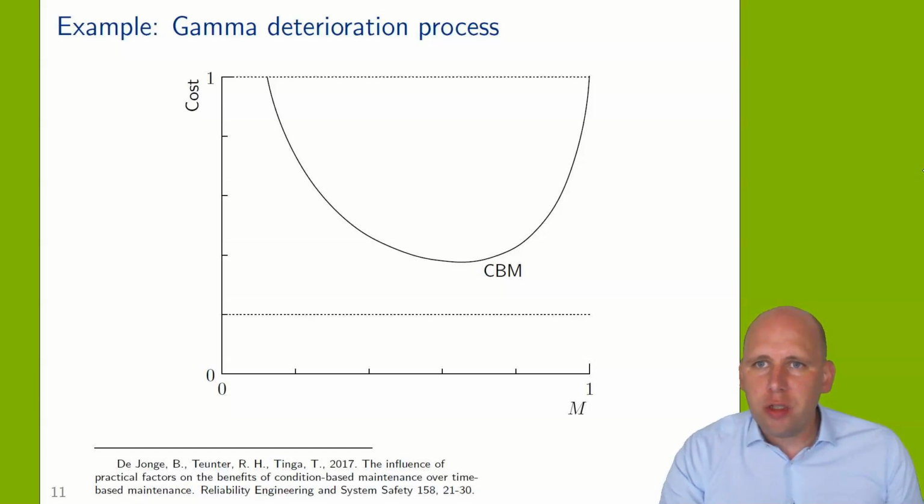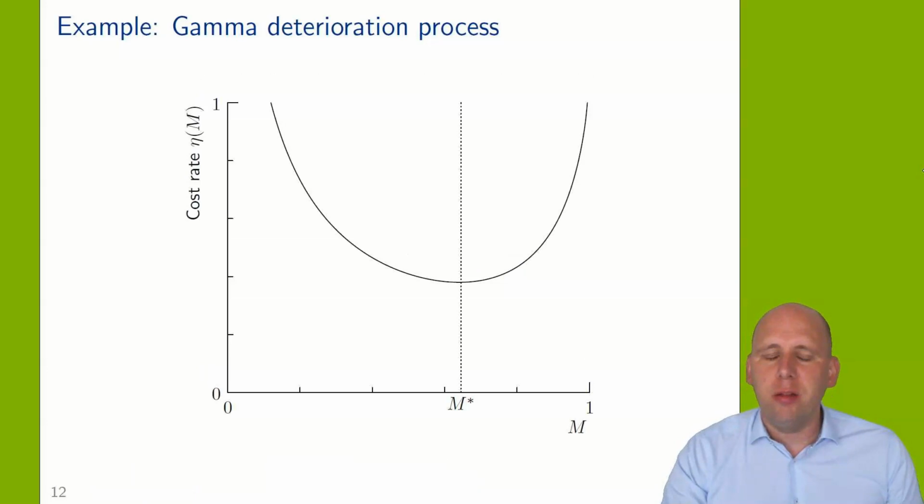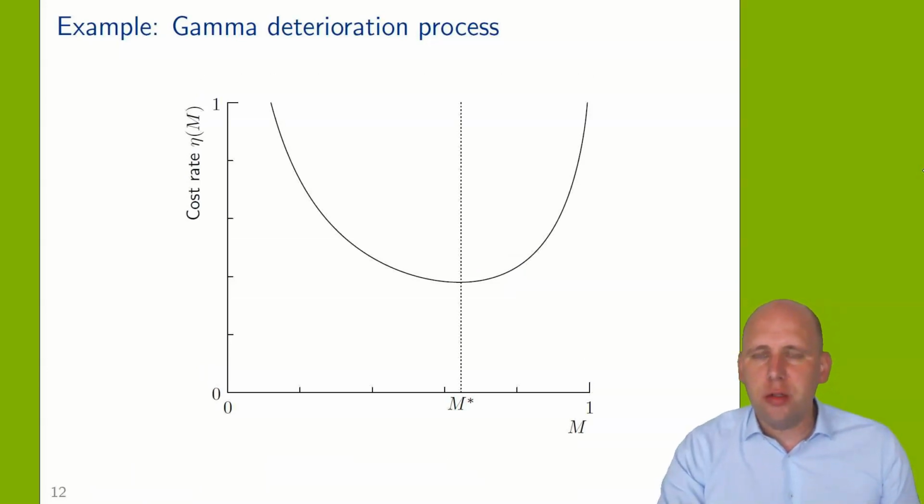However, it takes of course quite some computation time to get such a smooth curve. That's because the simulation has to be carried out for many values of capital M, and each time the simulation horizon should be sufficiently long. If we use our matrix algebra approach with 100 states, then this is what we get. So the figure is virtually the same, but it only takes a fraction of a second to make it,